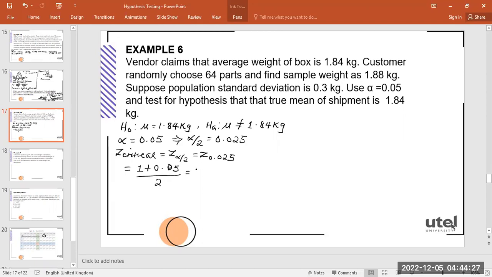And that's going to give us 1.95 divided by 2, which finally is going to give us 0.975. Let us not forget that Z critical is still the same thing represented as area to the left of